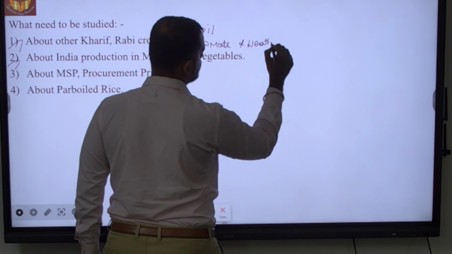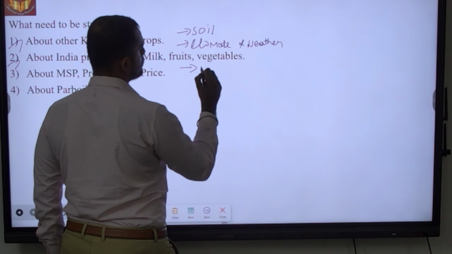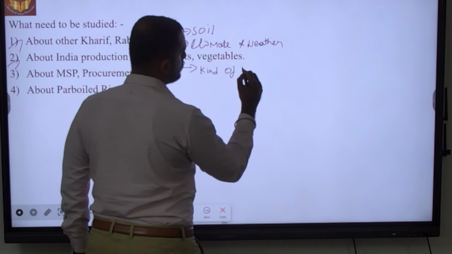for its production, and if there is any kind of cultivation, what kind of cultivation,